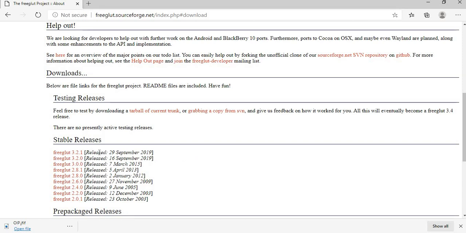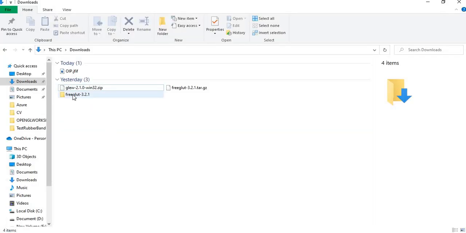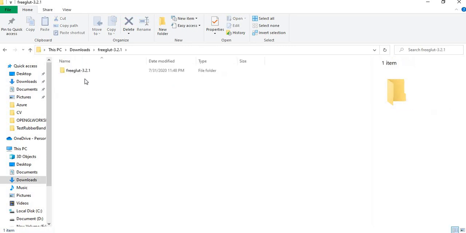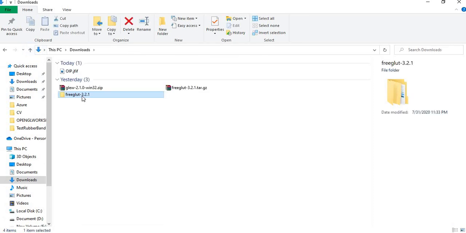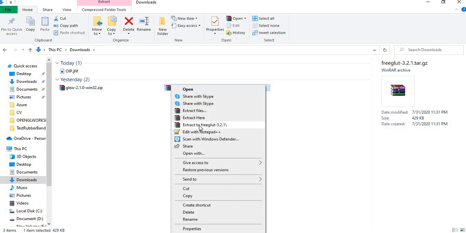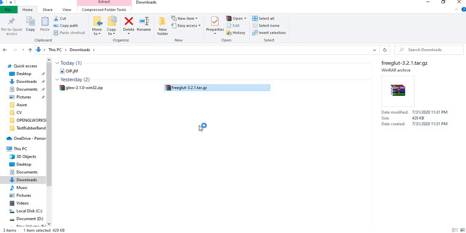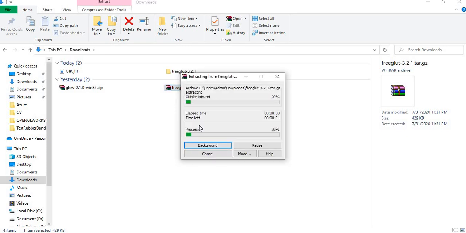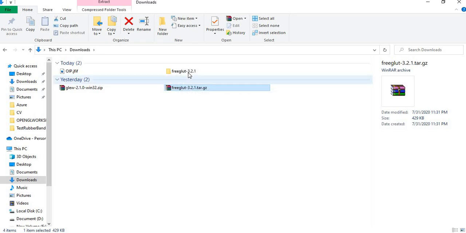I have already downloaded it on my system. I'll show you. So FreeGLUT is downloaded. Sorry, I need to unzip it, because I need to delete this FreeGLUT and extract it again.